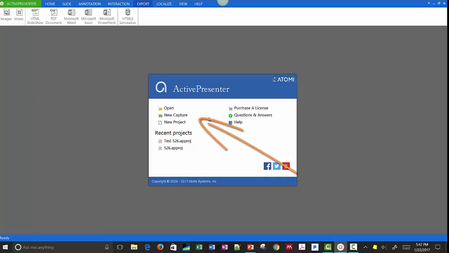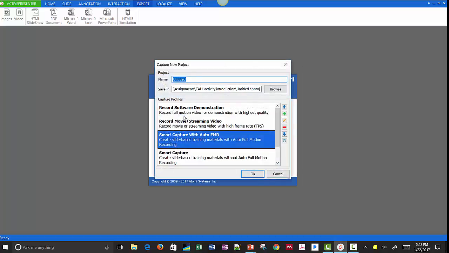To start recording, you can click New Capture. Don't forget to write the name for your project and also to choose the folder where you want to save your project. And for this tutorial, I would like to select this Smart Capture with Auto Full Motion Recording. It means that all of the movements that I make on the screen will be recorded, and I will click